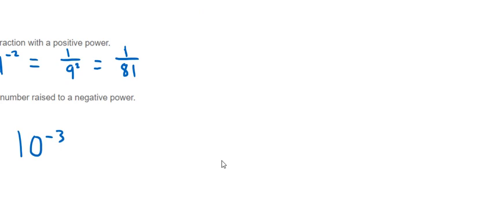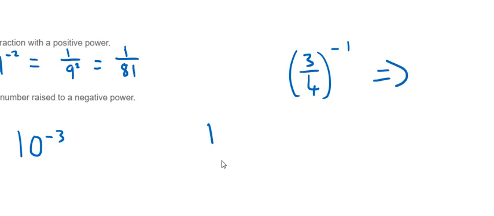Just one more thing I want to show you with these. If it was a fraction, for example, 3 over 4 to the power of, we'll just say minus 1 for convenience. So that 3 over 4 is being raised to the power of minus 1. If I was to change that into a positive power, if we really go into it, you're putting 1 over 3 over 4, and then the power becomes positive 1. But what actually happens is, if I do 1 divided by 3 over 4,